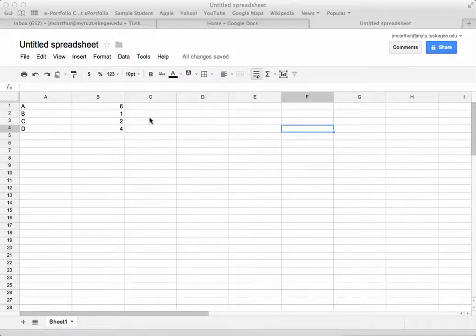So I've put in some basic information, and I'm using Google Docs, the spreadsheet function. So I have a spreadsheet and I just set up some basic numbers. For example, perhaps these are final grades for a class. And I've put in a quantity. So in Google Docs, in the spreadsheet